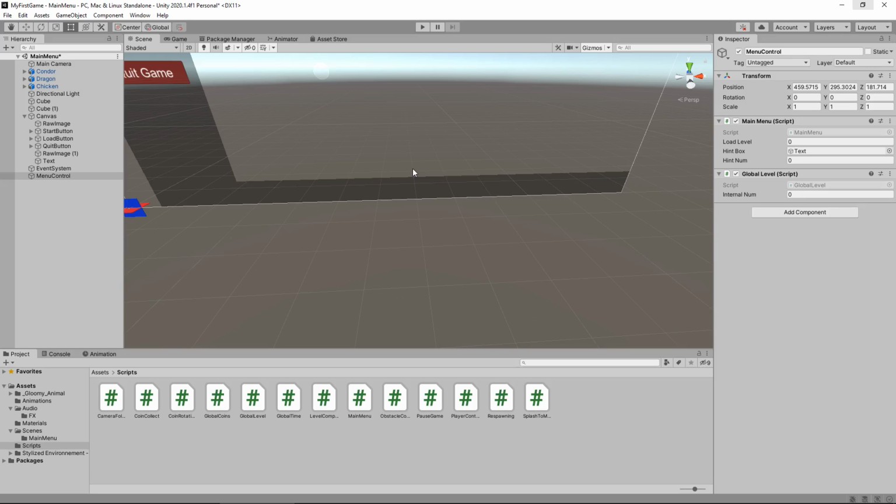So at this point, we pretty much have our entire game, or rather the base of our entire game done. It's now realistically down to you guys to manipulate all of this, take what you've learned, change some things, add things in, take things out, and make it your own game. So the next video is going to be the last one of this series, and we are going to discuss the settings. We're going to build the game, and then we're also going to discuss where to go from here